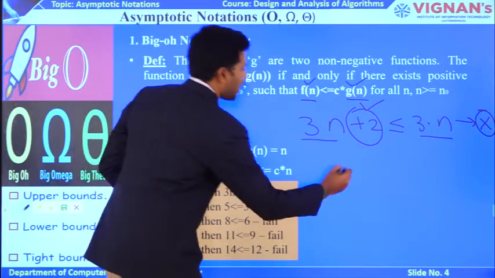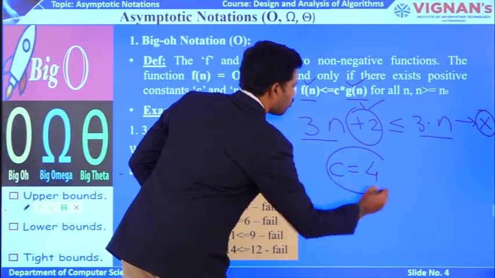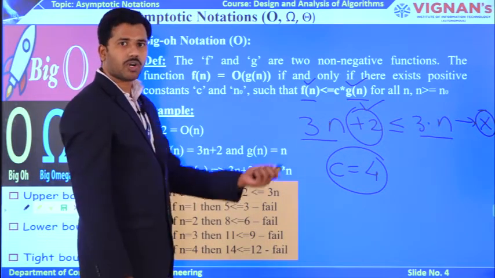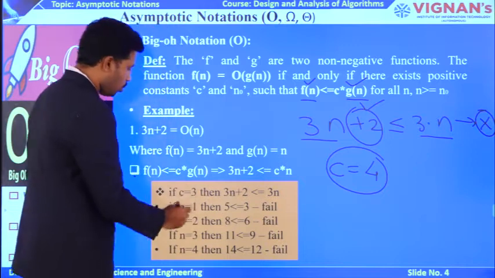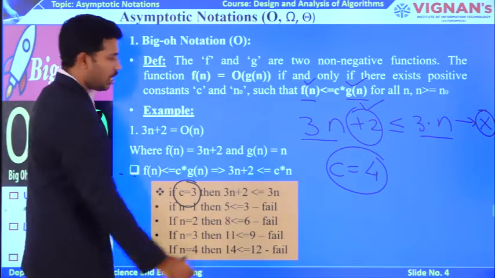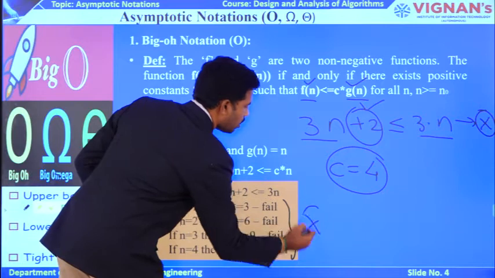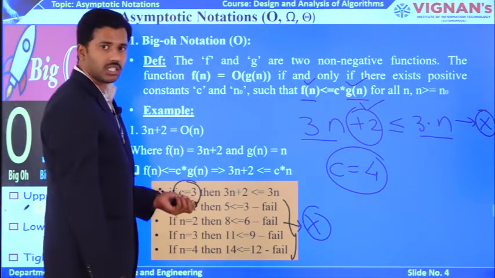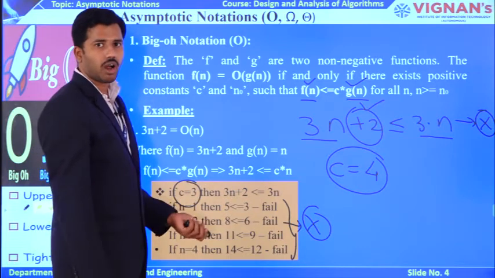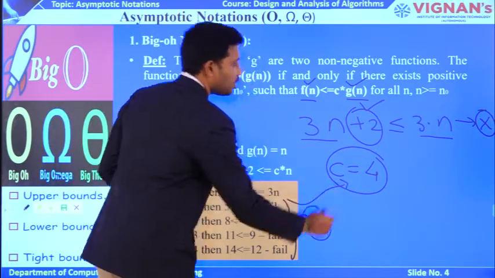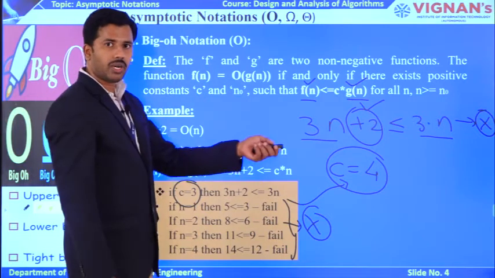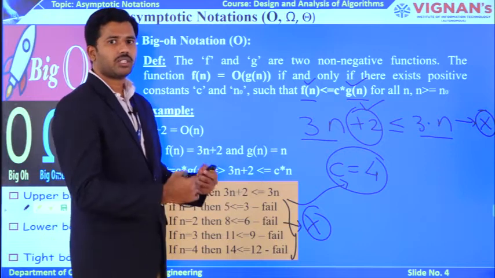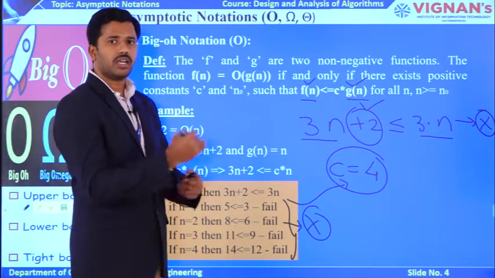That is why you take C equal to 4 for the next iteration. But do not take C equal to 4 directly. Why? Because you need to prove that C equal to 3 fails for every n value. After proving C equal to 3 fails in all cases, only then do you go for C equal to 4. If C equal to 4 fails, then you go for C equal to 5. Likewise, you need to trace the parameters of C and n linearly.